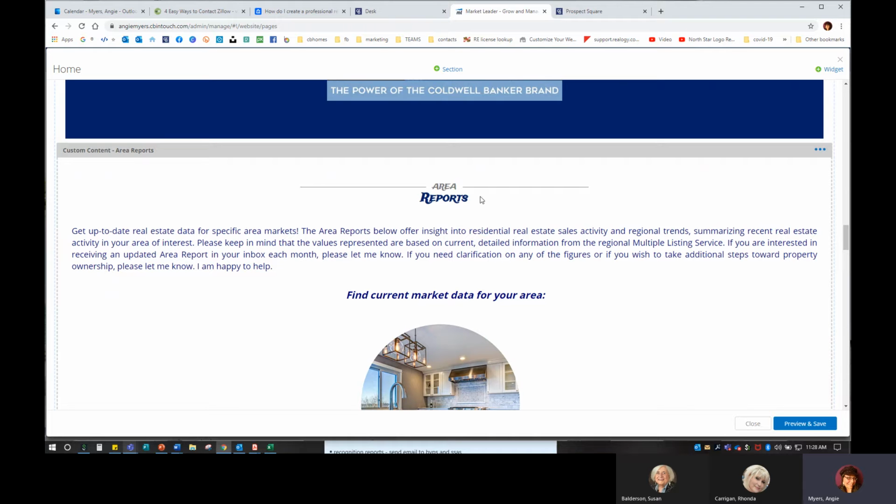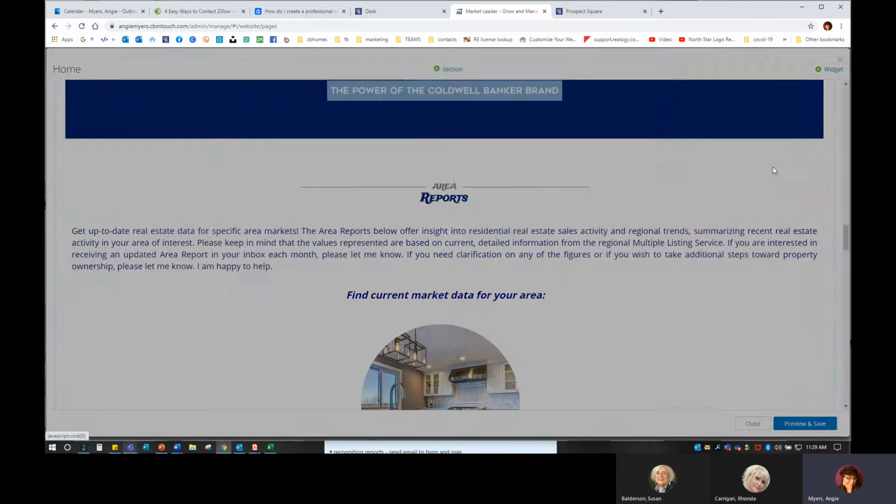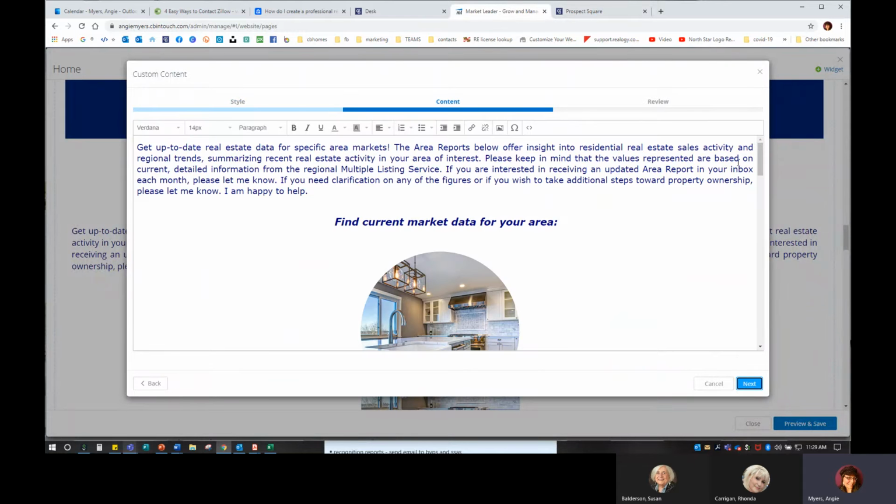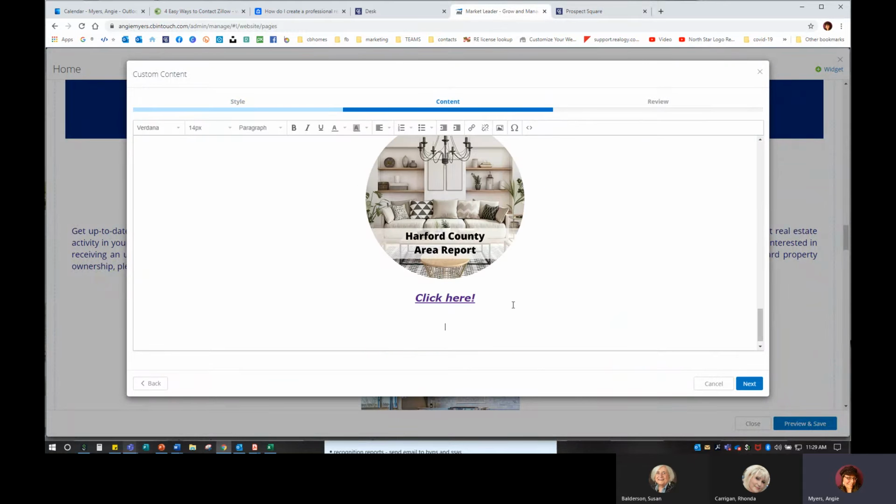And I have worked with an agent that literally just has kind of a list. She's got like a little picture there, and then she has a list underneath, and it just says, click on the area below to get an area report. So I'm able to edit this as I see fit. Let's see, we'll just scroll down here to the bottom. We can say, click on the links below to view the area report and discover the real estate